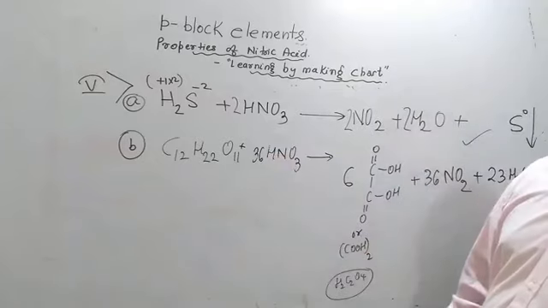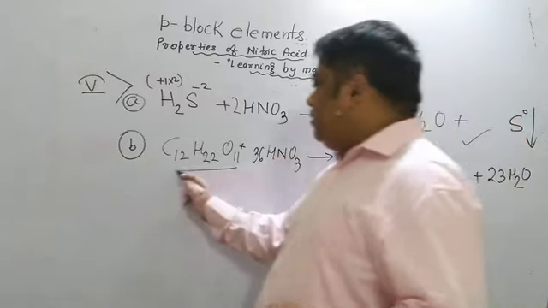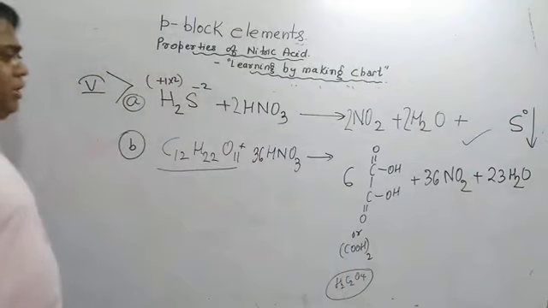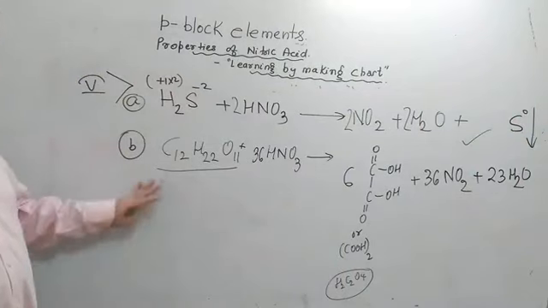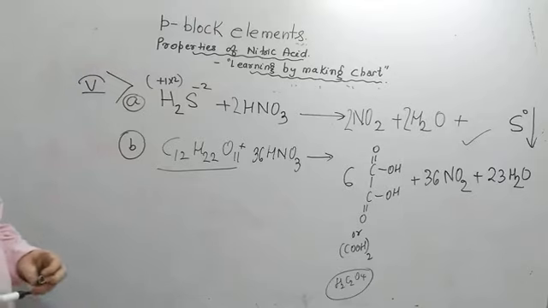HNO3, and this is adequate. Now this reaction actually requires 2-3 steps of oxidation and reduction reaction. So in P block elements, nobody is going to ask you to show the redox reaction part. So it is better to remember 36, 6, 36, 23.